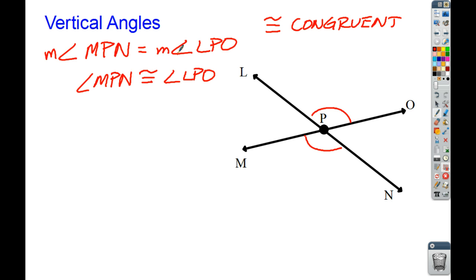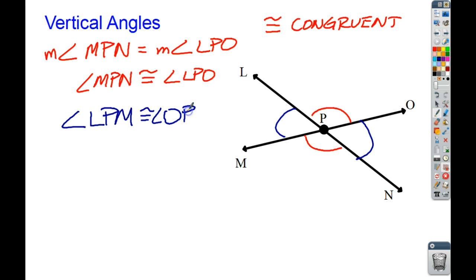Okay, well then why don't you pause the video and you try to identify and name the other two vertical angles here. Okay, so the other vertical angles I have here are going to be this one and this one. So let's write it using congruence. I'm going to say the angle LPM is going to be congruent, it's equal to